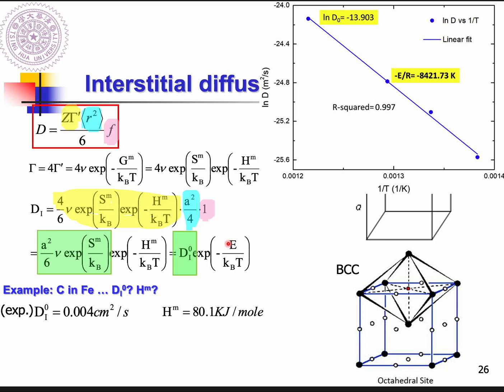So based on these results, from the experiments, we know D0 is expressed like this and the migration energy equals this. And just a quick reminder,